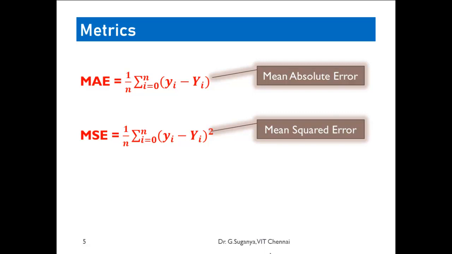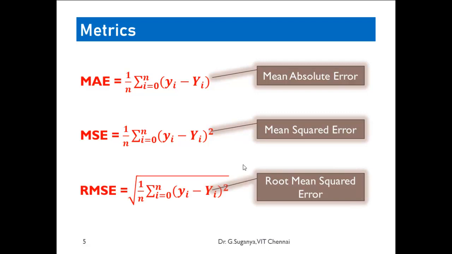Now, we have squared up, so this is good for large errors. But in order to bring back the actual amount of the error that is there in the data set, this entire equation will be taken as a square root, where we end up with RMSE, that is root mean square error. Any of these you can use, but the general standardized metric that we will be using for identifying the total loss that happened due to fitting the model is RMSE.